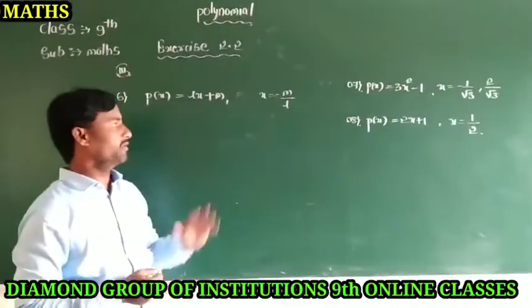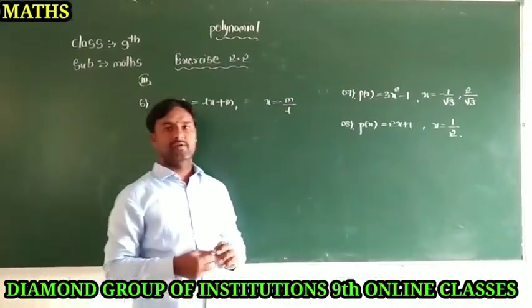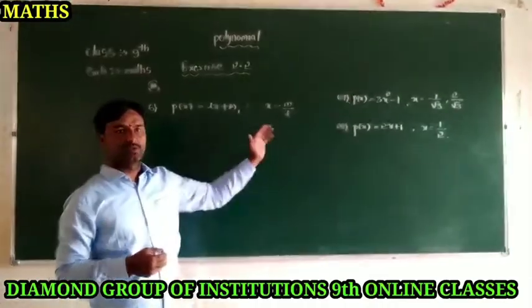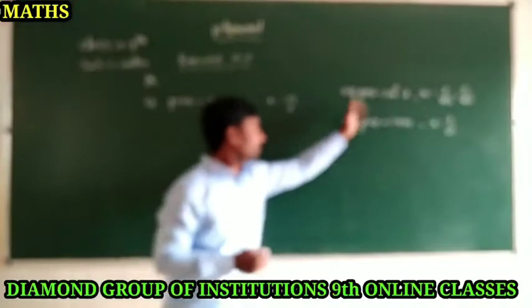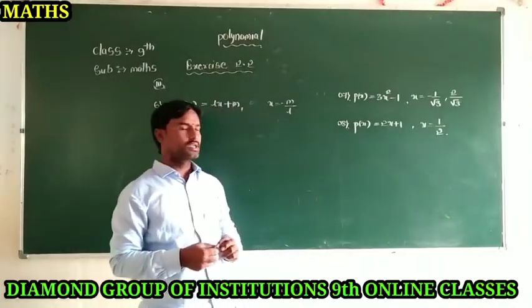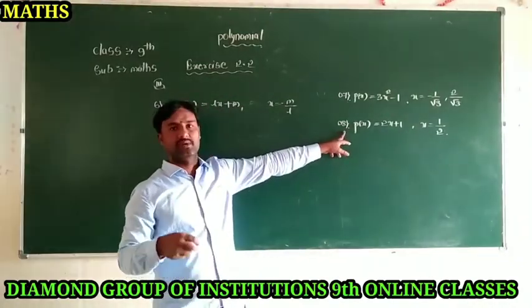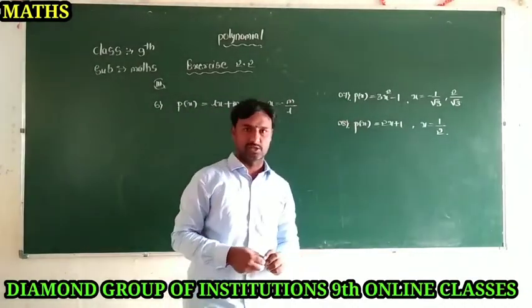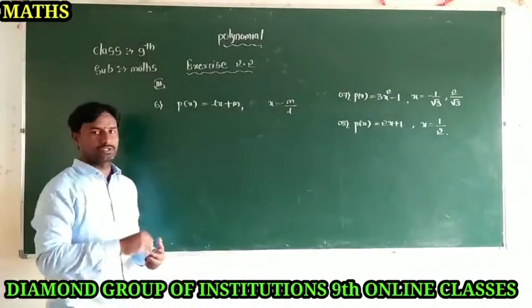In the 8 problems, in the previous class I explained minimum 5 questions to you. So sixth, now we are going, dear students. The sixth question is there on the board I wrote here, and seventh also is there, 8 also is there, dear students. The eighth question you will do as homework. So see, now sixth and seventh question I will explain, dear students. Okay, let us come to the solution, dear students.